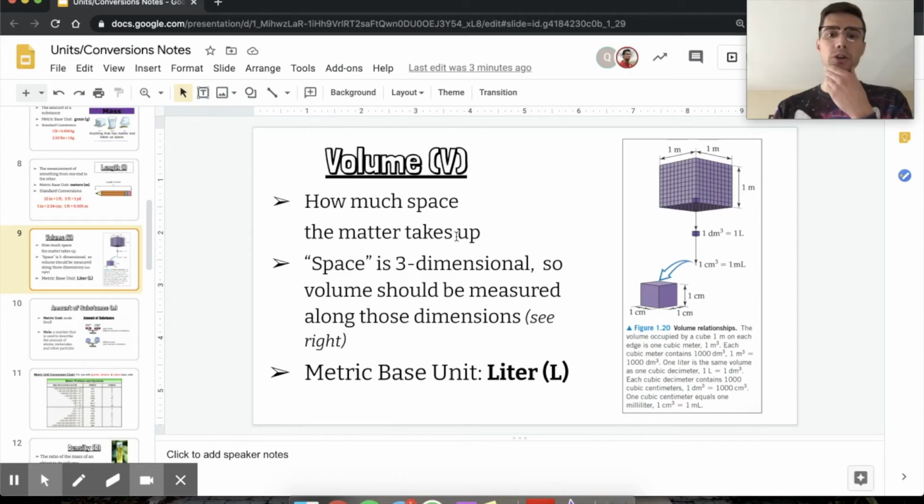Volume. So volume measures how much space something takes up. Now, a good way to think about this is if you're packing things to go somewhere, go on a road trip or move, right? You're packing stuff into a box. So if I had like